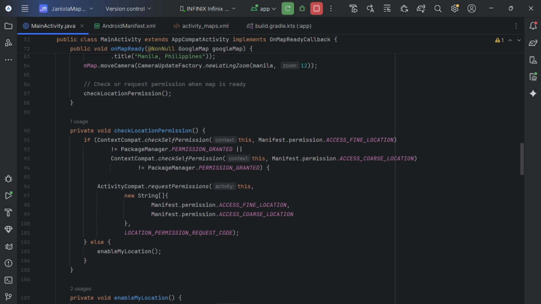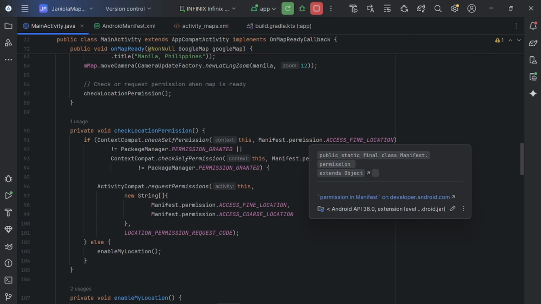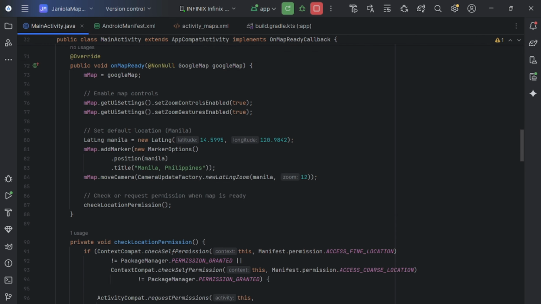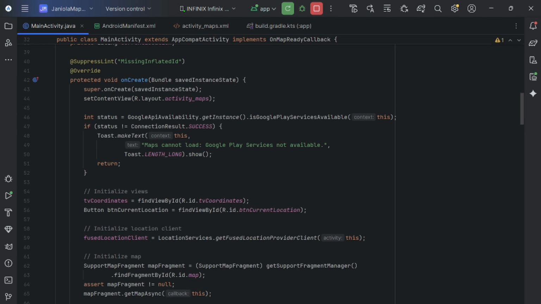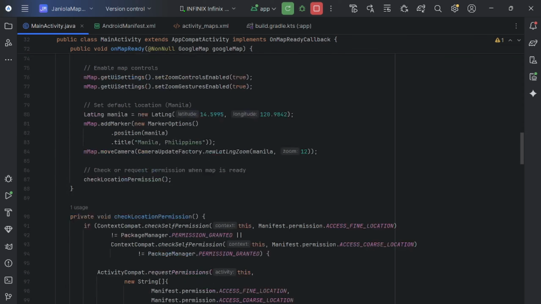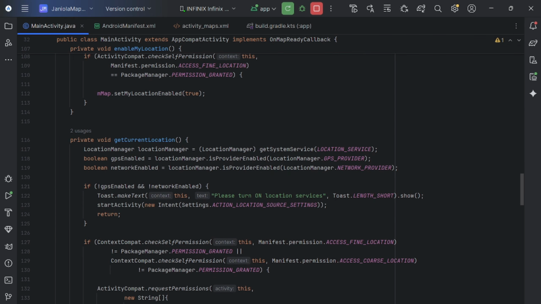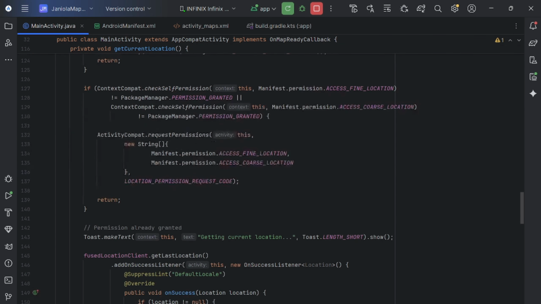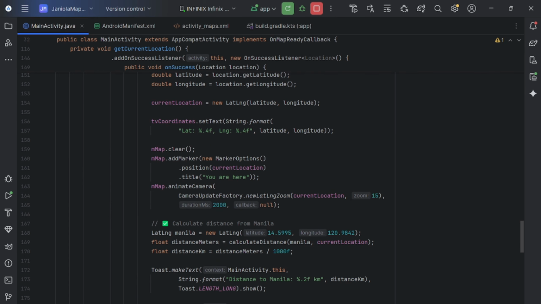Now the third one is, what is Fused Location Provider Client and why use it? Now, Fused Location Provider Client, this one is the Fused Location Provider Client. Fused Location